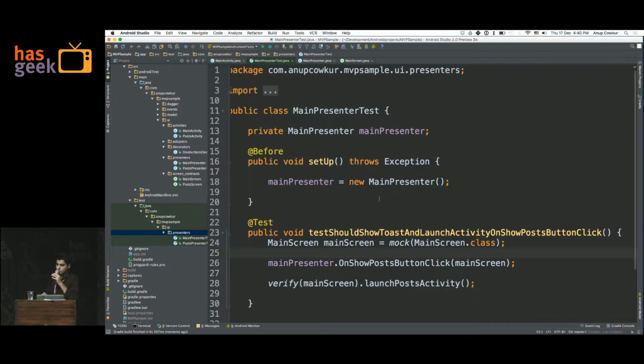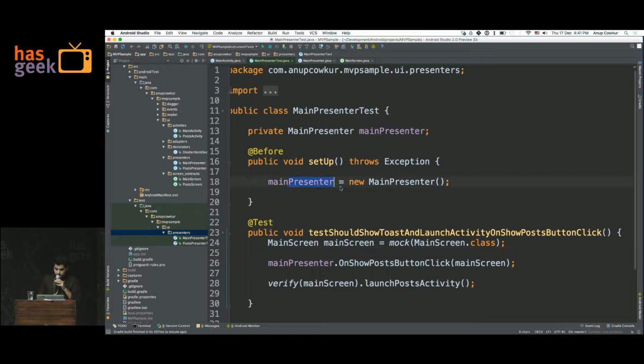Take the user input and call the other method, the launch the next activity method on the main screen, right? What is actually happening once you call that method is defined in the main activity, so the presenter does not have to worry about that part. All we need to test here is, on the given input, when we call that method, does the other method on the main screen get called or not, right? So that's what we're doing here.